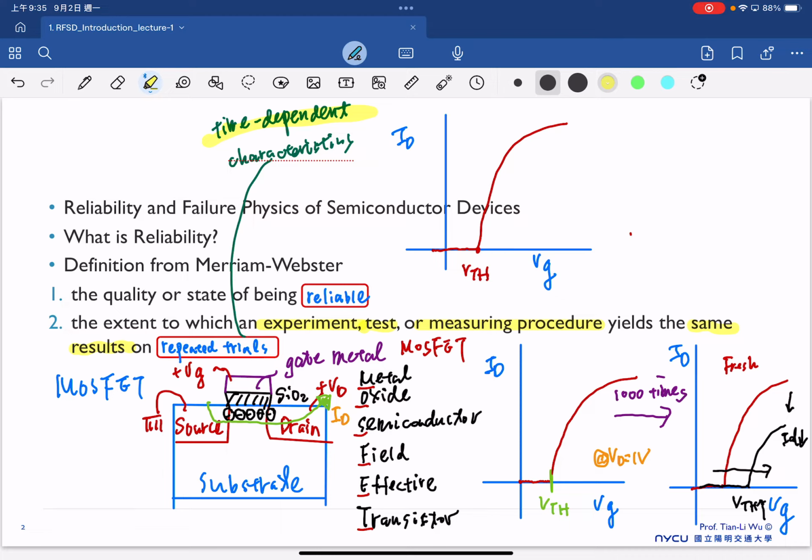So the operation of 1,000 times can be like 1,000 hours. So we can expect after 1,000 hours, this is the curve. After 1,000 hours of operation, we will see a new threshold voltage that has shifted to the right, and the current is degraded. Therefore we can typically make a graph